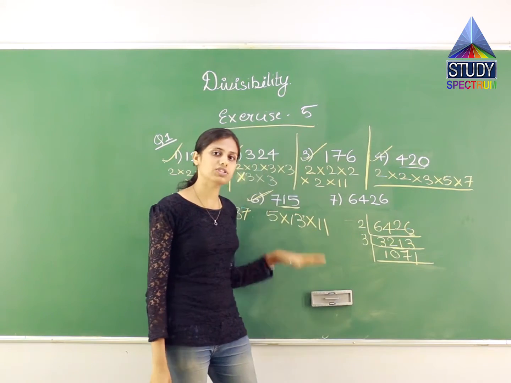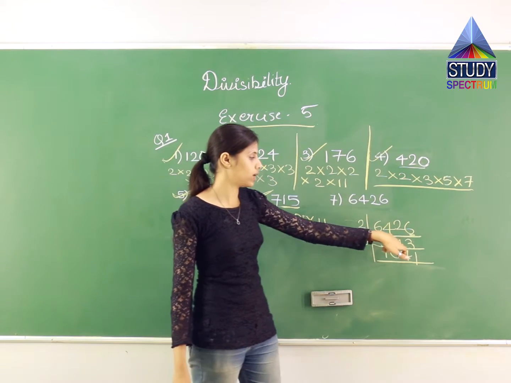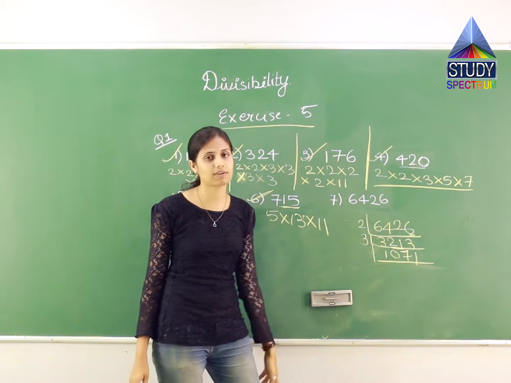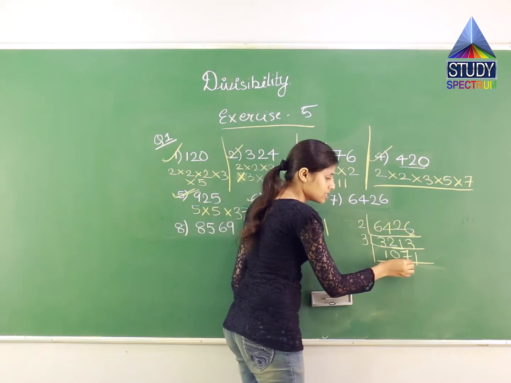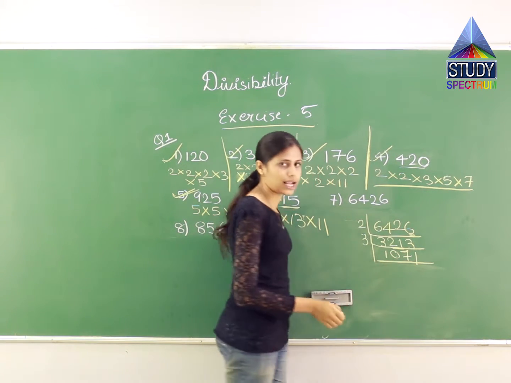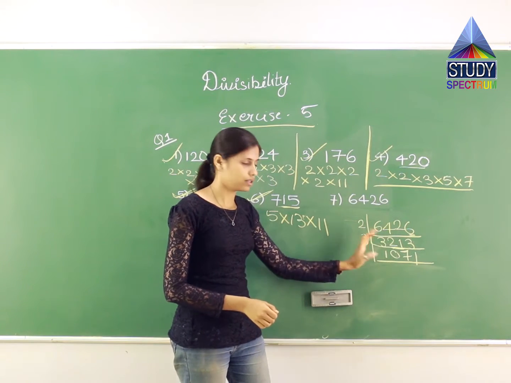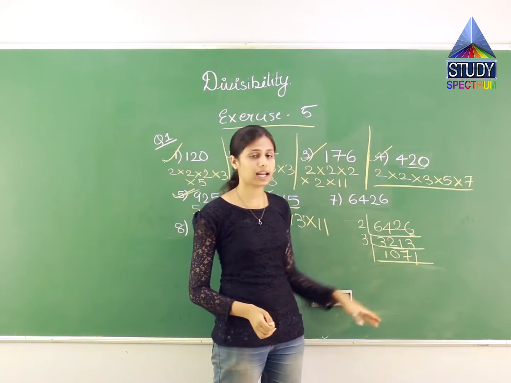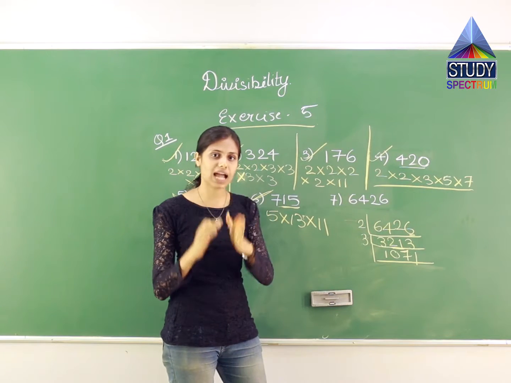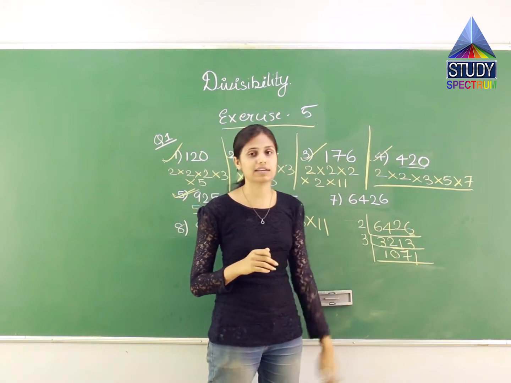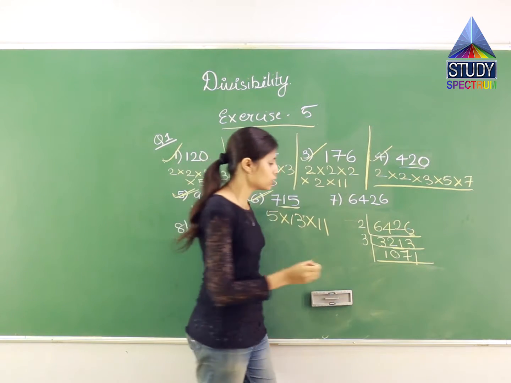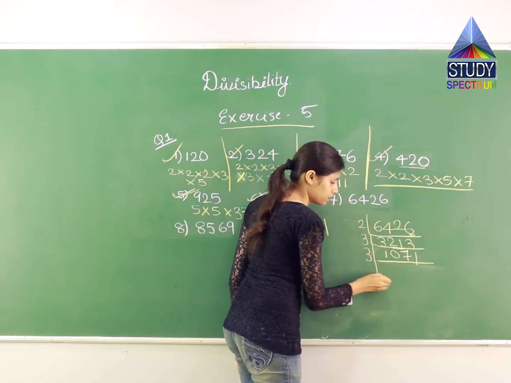That you can do by the division method also. When you divide 3213 by 3, you will get 1071. And that I have written over here. Then 7 plus 1 is 8, 8 plus 1 is 9. So I can divide it by 3, right? Because 9 is divisible by 3. Then this entire number, that is 1071, will also be divisible by 3. So let us divide it by 3.